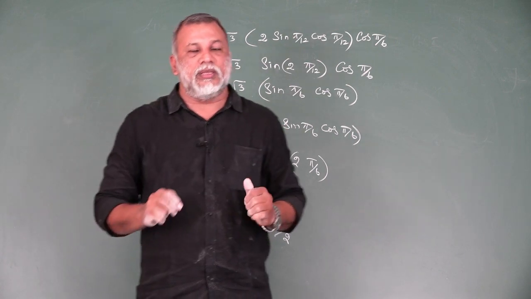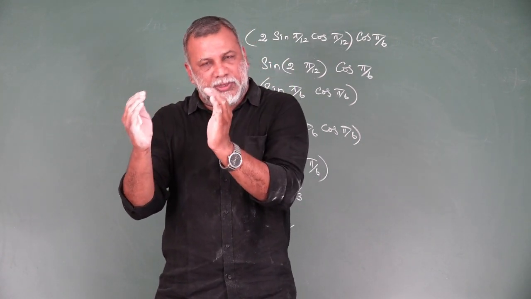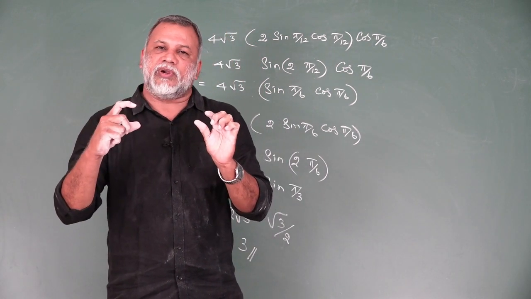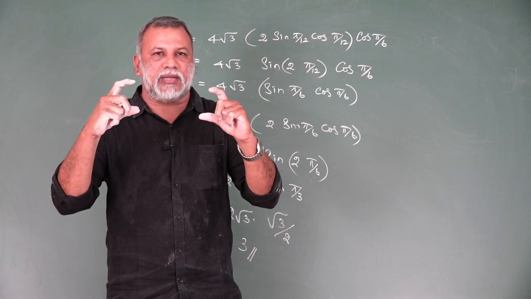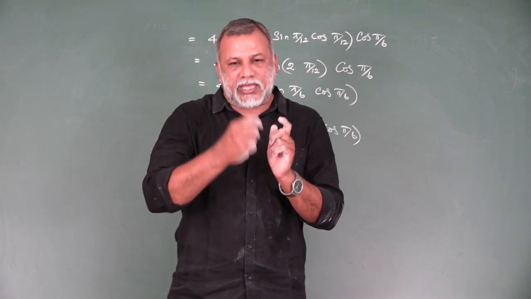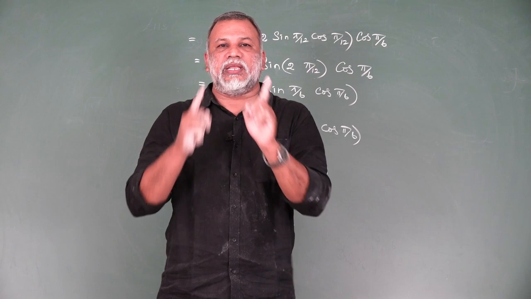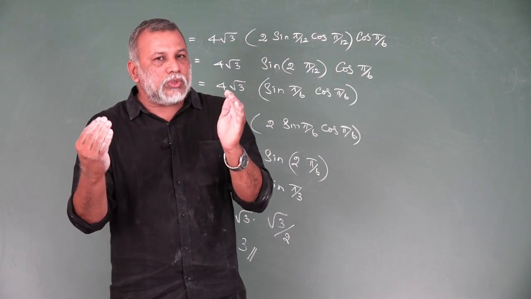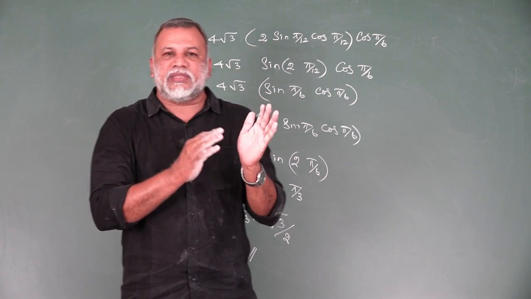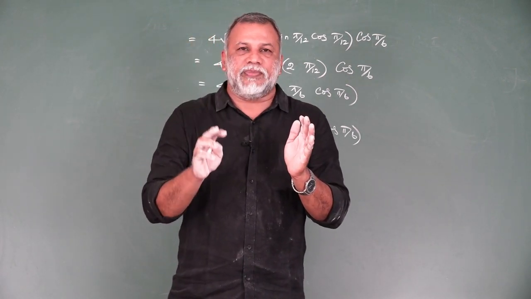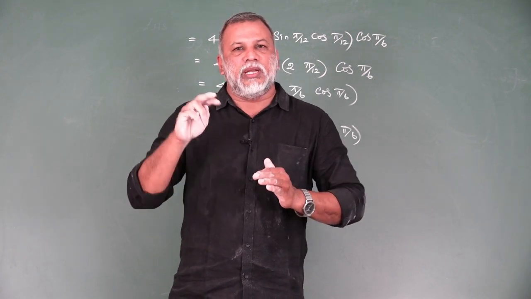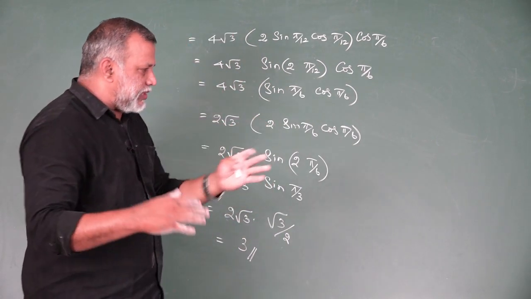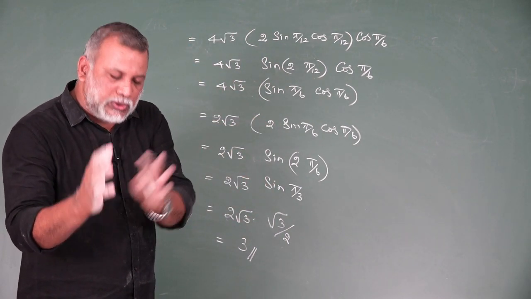Many data are given. So pair them as couples. What are the couples here? Sin pi by 48, cos pi by 48. That is the first couple, first pair. So you have to take your 2 from the 32 root 3. That is the first logic. So you have to pair one sin family with one cos family. One sin family and cos family is related to sin 2 theta. What is the relation? Sin 2 theta equals 2 sin theta cos theta. So you are able to convert continuously using the same logic. You are able to get the result.